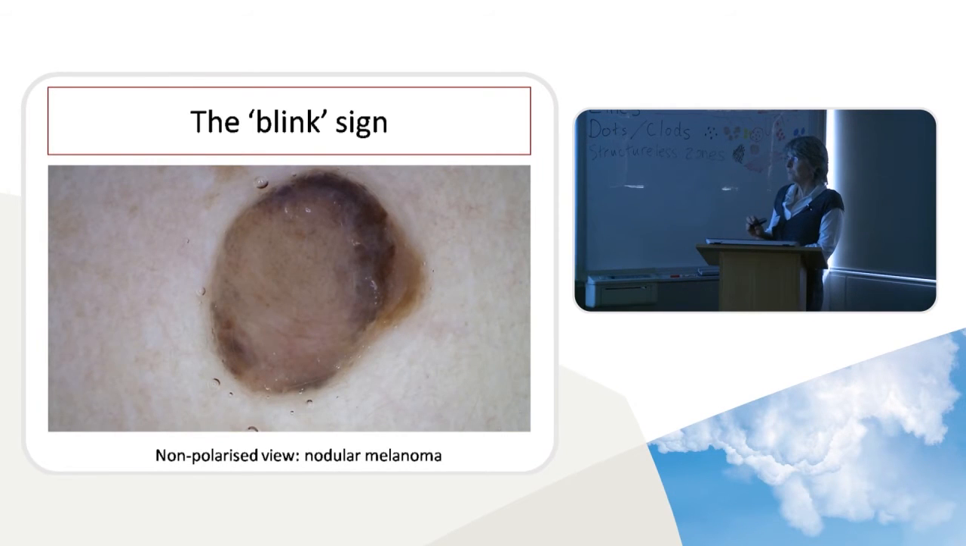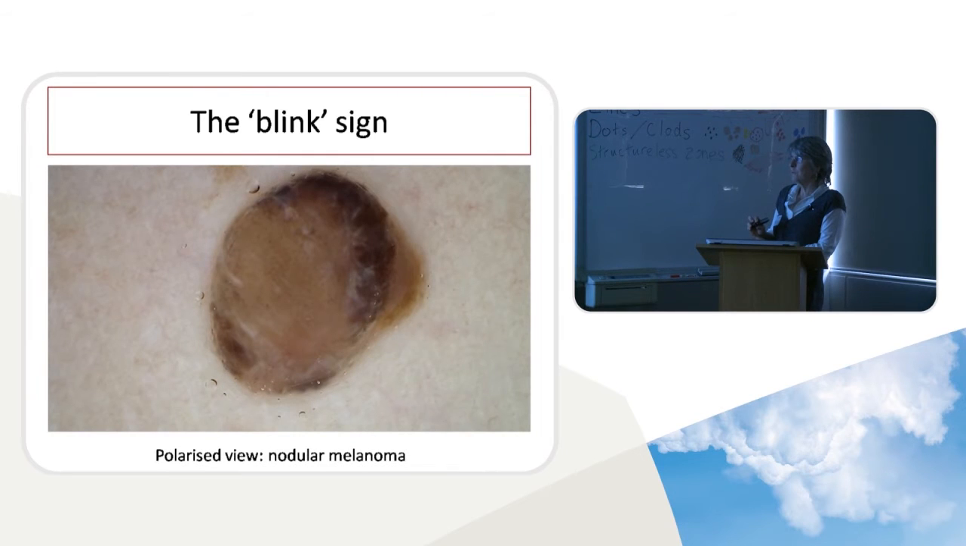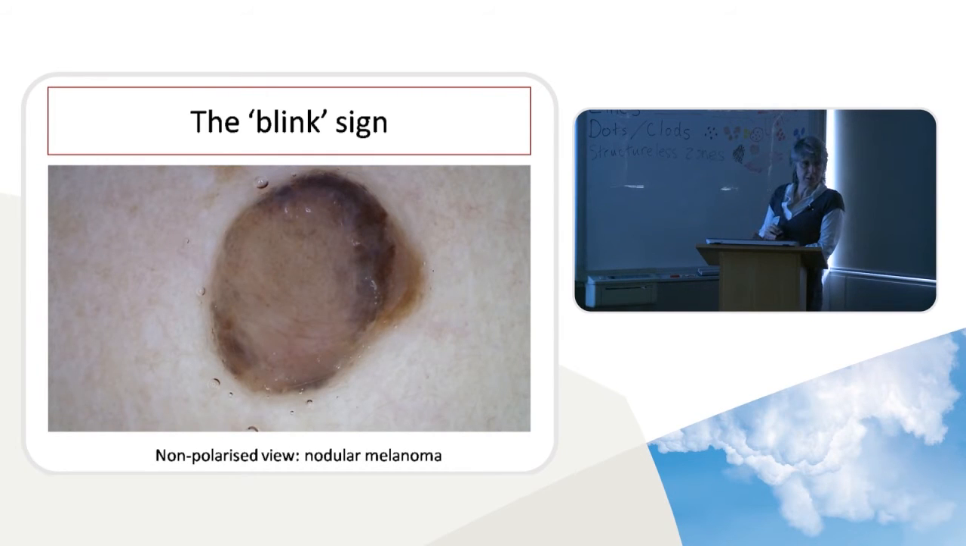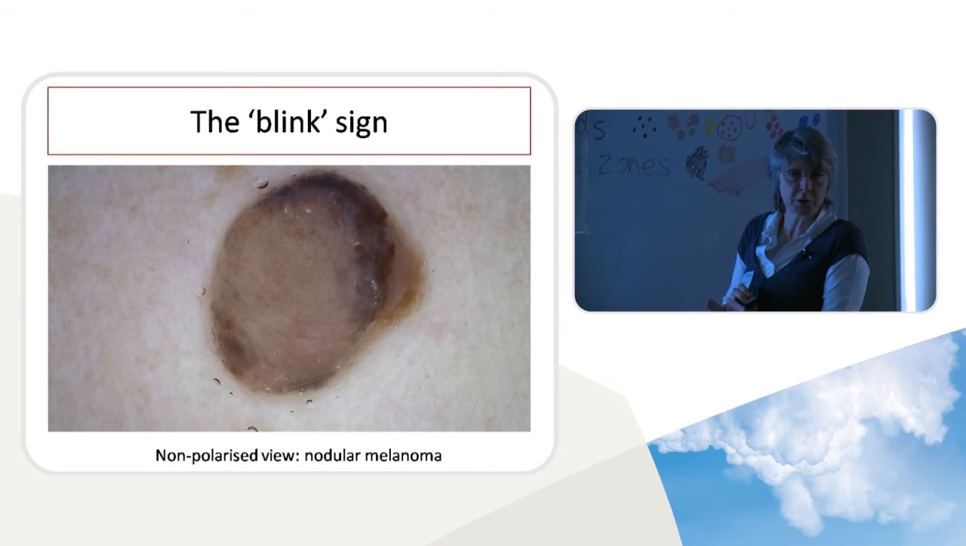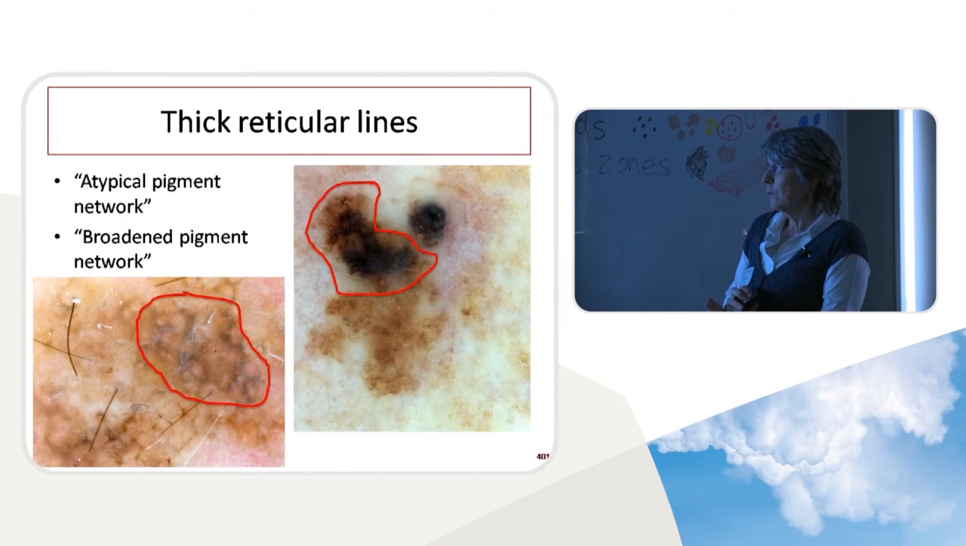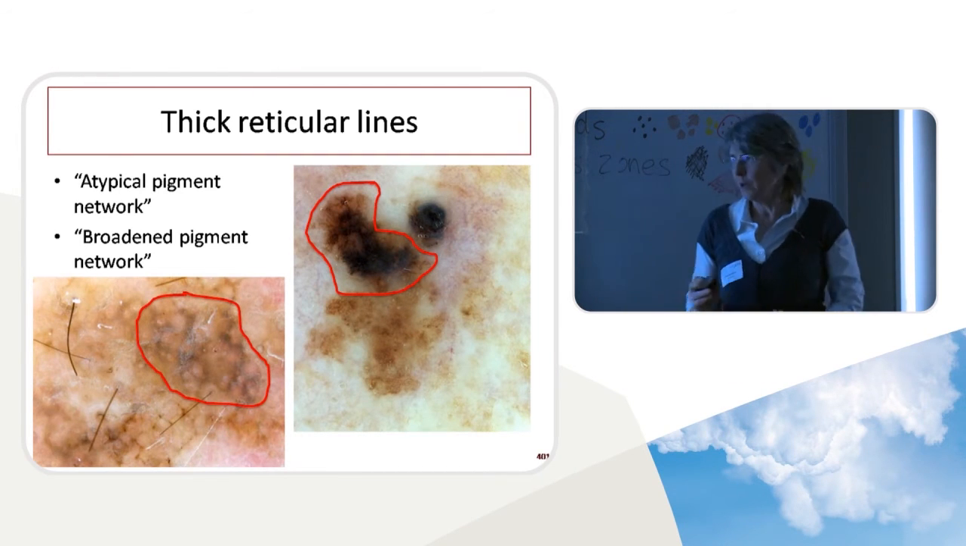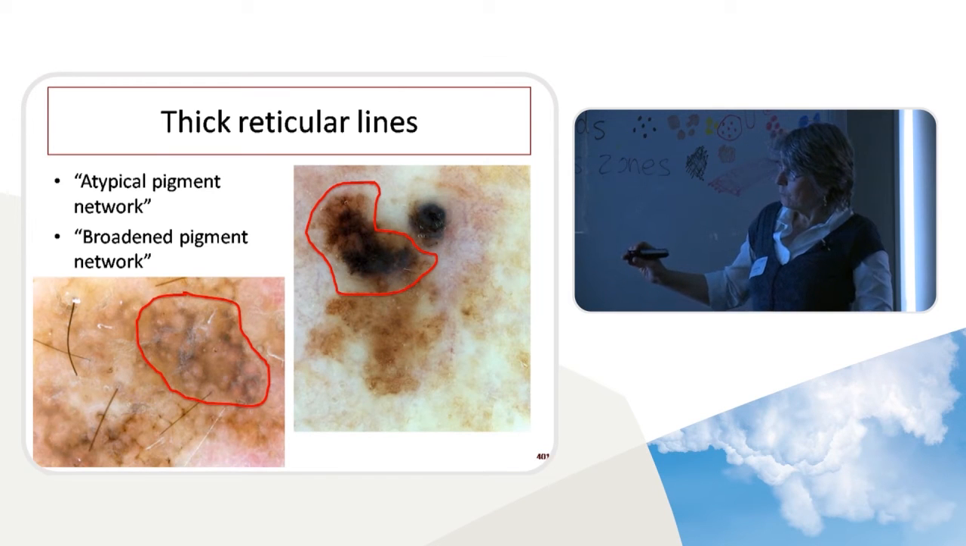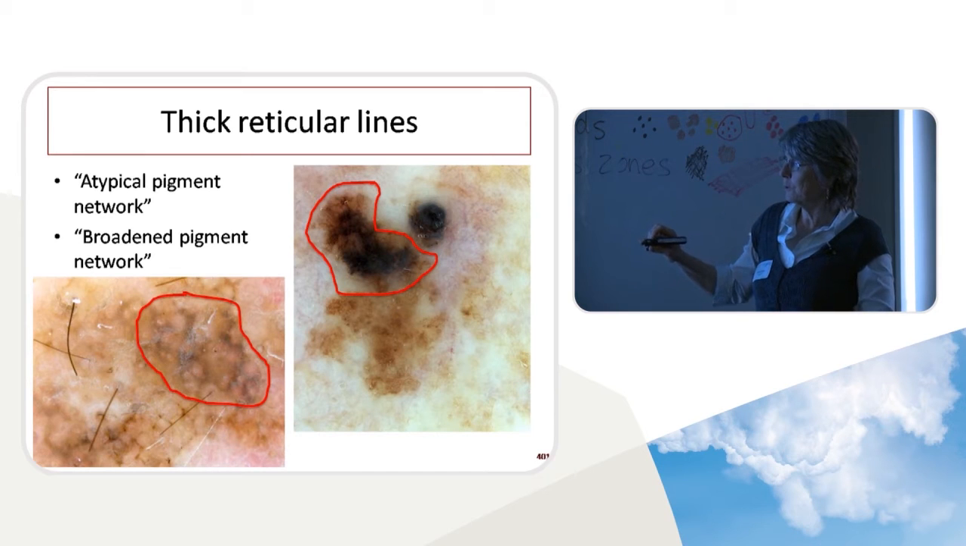Got it? So that's polarized and that's unpolarized. So it's really, really helpful because you just don't see that in a benign nevus. Thick reticular lines. Well, lines disappear in melanoma, but before they disappear, they become thicker. So these sort of angulated lines,